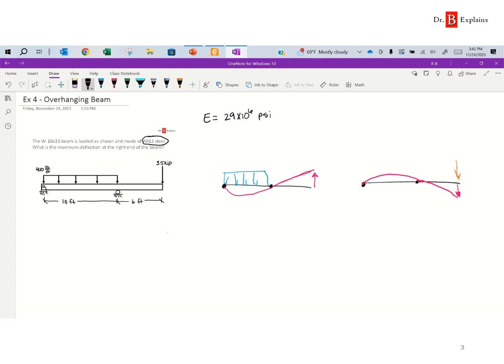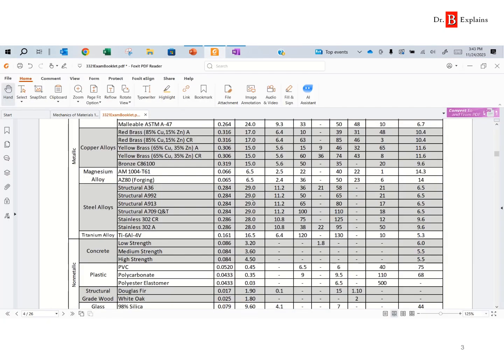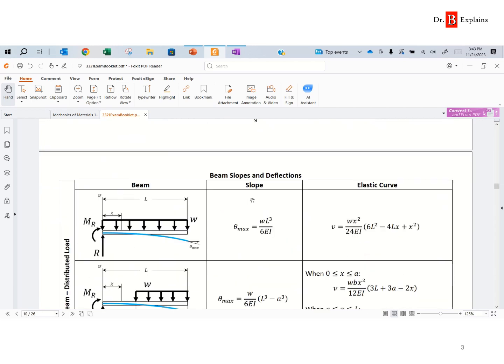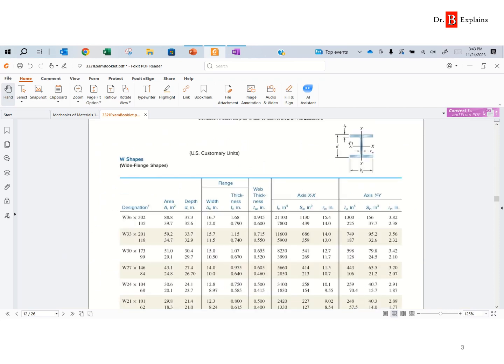psi. Now the other property that we're going to need is the moment of inertia of the beam. That's a function of the cross-sectional geometry of the beam. Here they don't give us a picture of the cross-section, but they do tell us that it's a W10 by 33, which means it's a wide flange I-beam. So if we can find the moment of inertia, it's going to be tabulated in our equation booklet. We're going to scroll down and look for the I-beam sections. Here we go, I-beam sections. W shapes would mean wide flange shapes. And we're looking for the